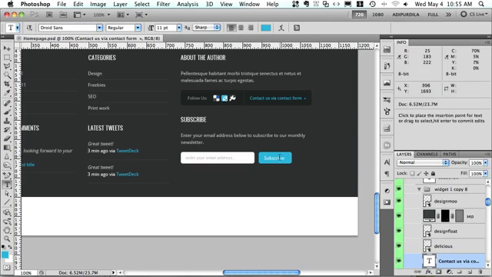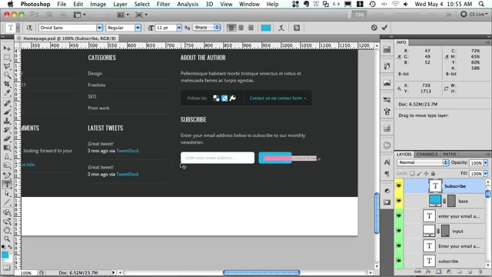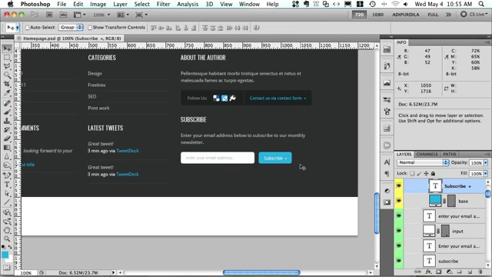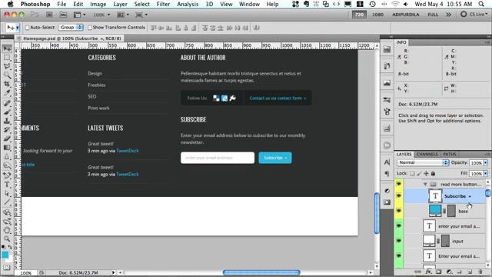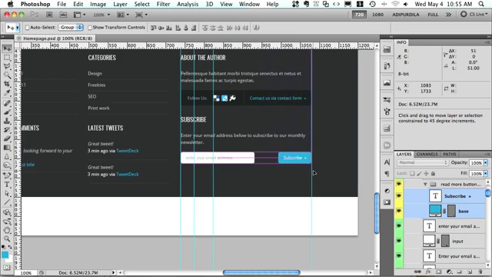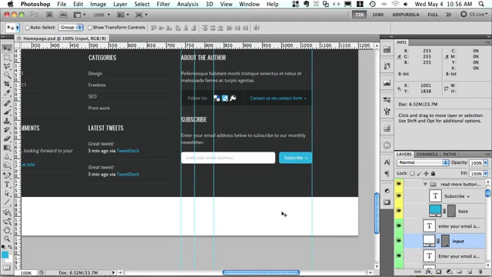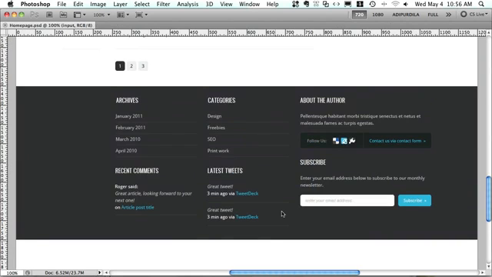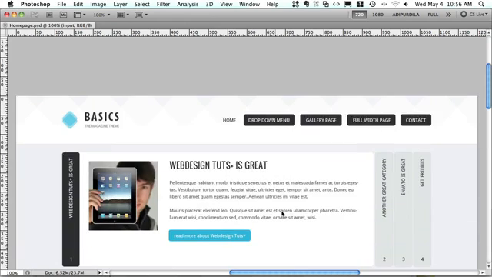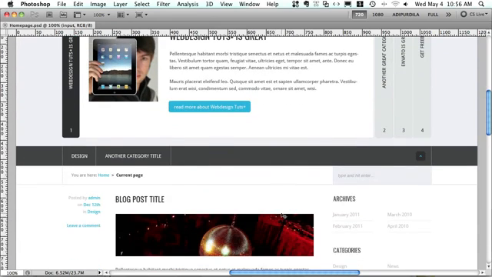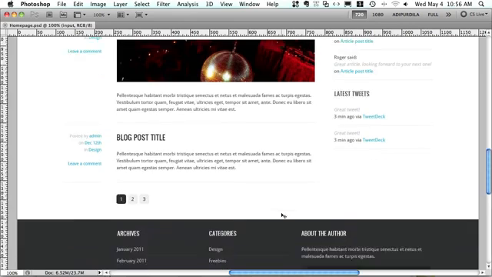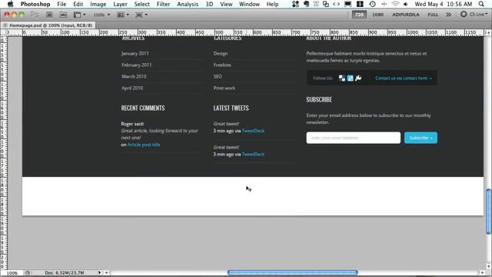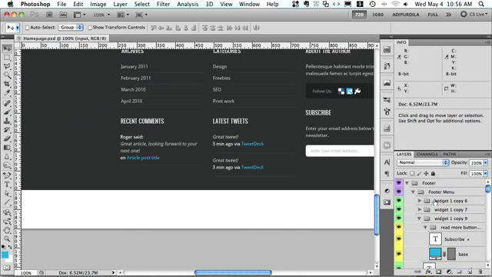And actually we can go ahead and copy that little arrow there. So the final product looks something like this. And let's go ahead and align it with our guide and increase the size of the input element. So grab the handles and do something like this. Okay then, we're almost done. We have all the elements that we need, and the last thing that we need to add is the footer information. So to do that,